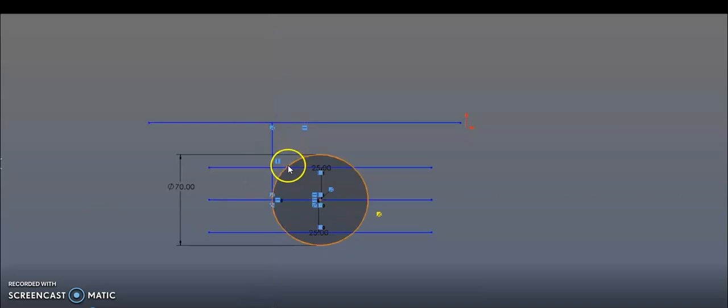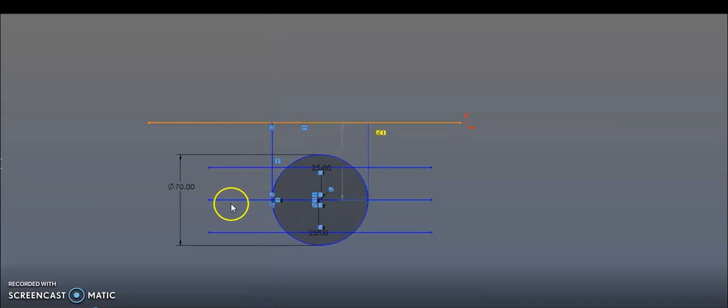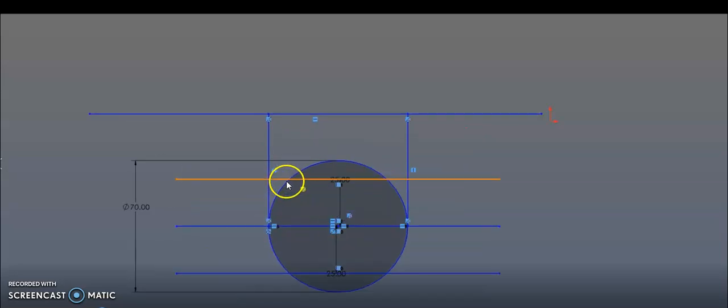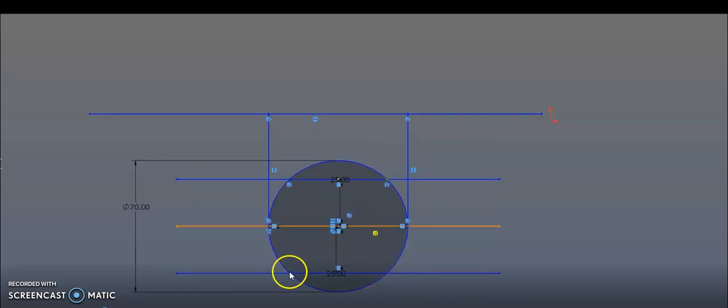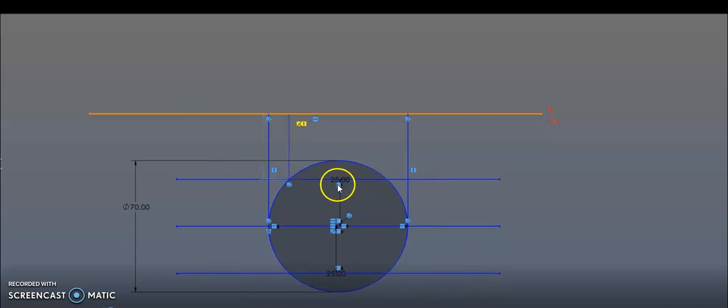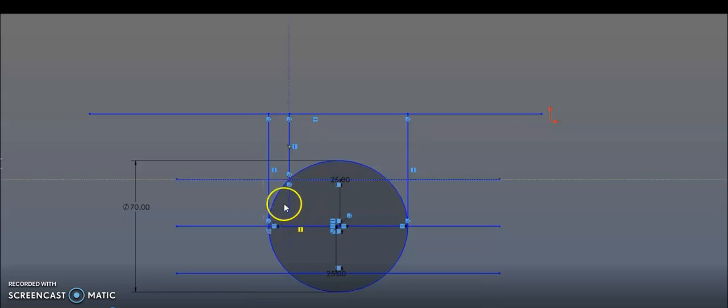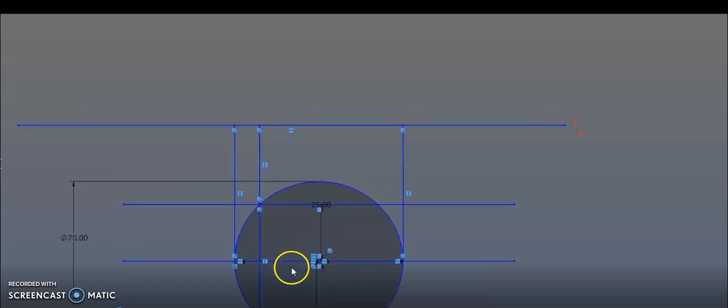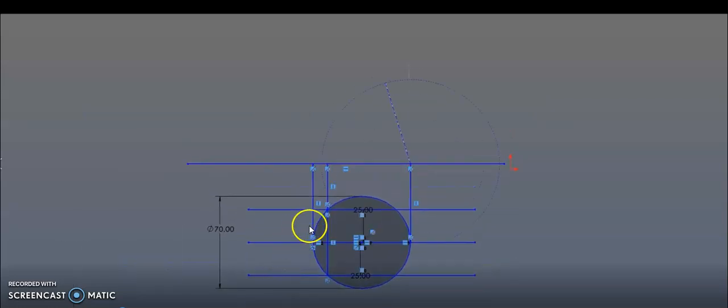Now these two lines are drawn from the center line at a distance of 25 mm, so that from here to here it is 50 mm. Now project from the bottom, the cut is at the bottom,